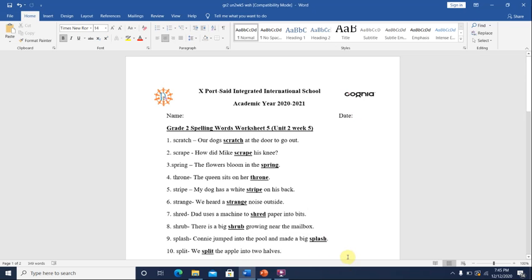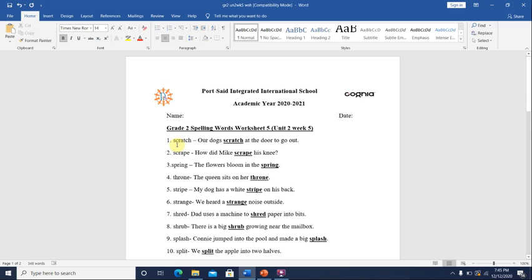All right, grade 2. So today we will start talking about our spelling words, okay? And as you see, our spelling words this week have three letter blending sounds, okay? So the first three letters will blend together and they will make a sound to create a word, okay? Like for example, the word